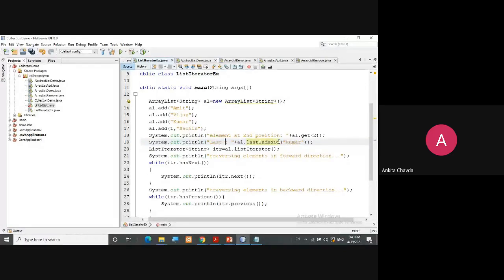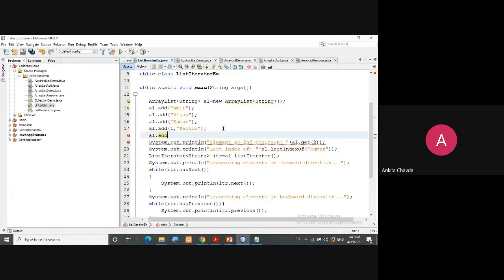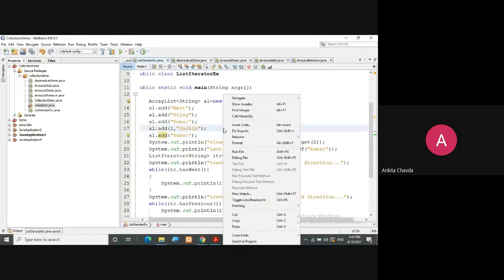We are just trying different methods. Here we are finding the last index of one person, but we can even add Kumar again here. Let's check again.